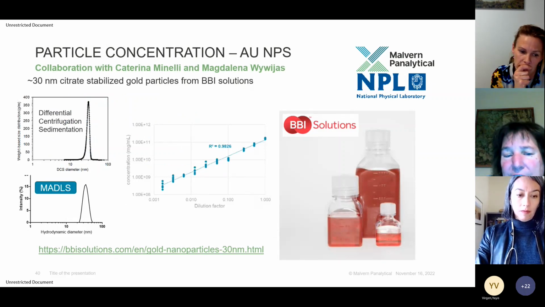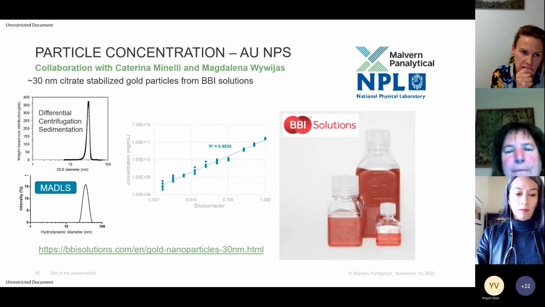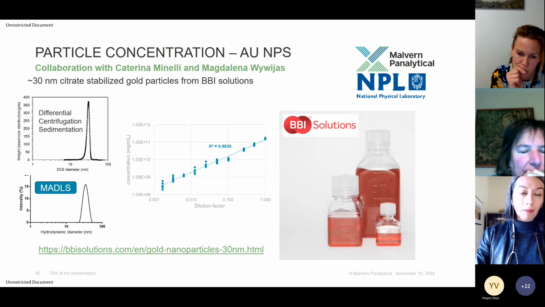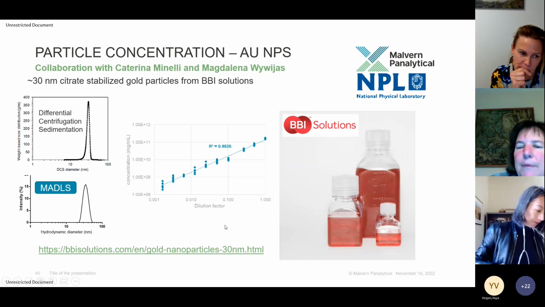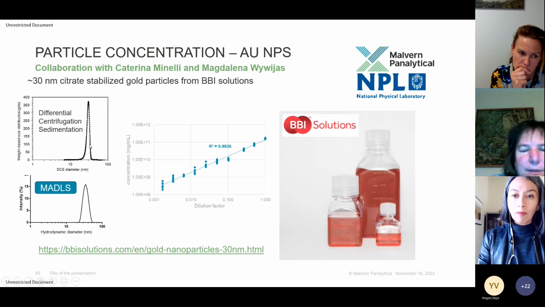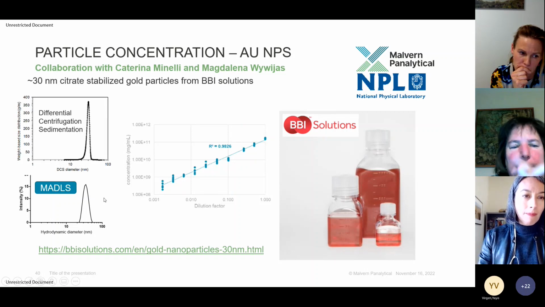So as far as particle concentrations go, this is a 30 nanometer gold sample. It's produced by the National Physical Laboratory, which is the British laboratory that is identical to our NIST. So in the US, we have NIST. In the UK, they have NPL. Just to show you that making a measurement on these 30 nanometer gold standards that they produce, the MADLS result is very similar, very close to what you can get from